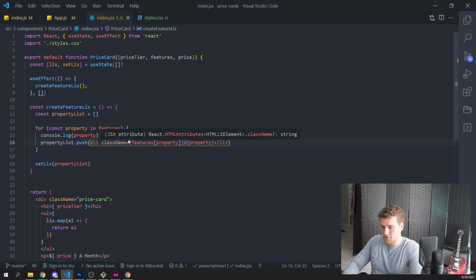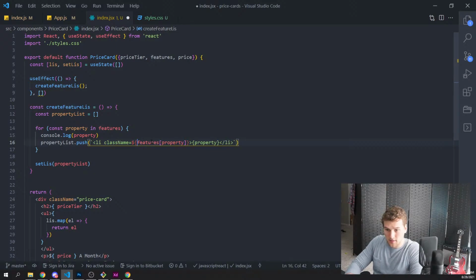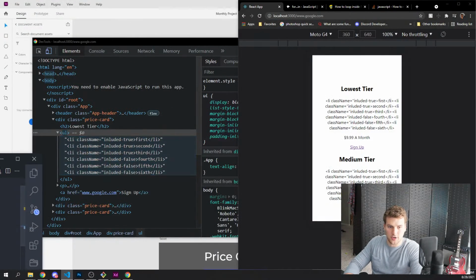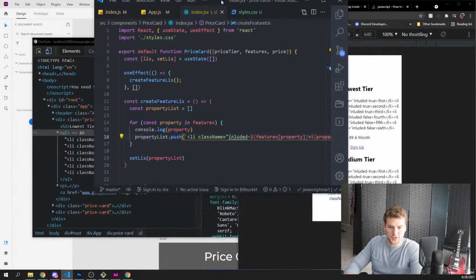Li, right? This whole thing needs to be in this, right? Because we're pushing, yeah, duh. Okay, that's what it is. And then that is gonna be the, there we go. That's gonna be there. And then right here we'll have included equals that, is included spelled right? And then if we go back here, we need to